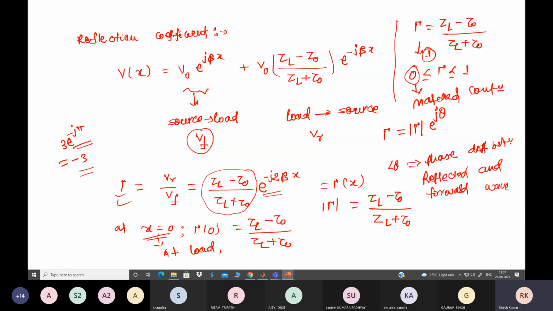Now that we have an idea of gamma, we can define the details of complete mismatch of the line. That we will discuss in the next lecture. We have 4 different cases for this, and they are very useful to you. So if you have any doubt till now, you can ask.